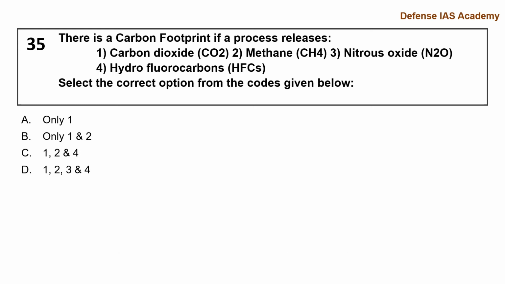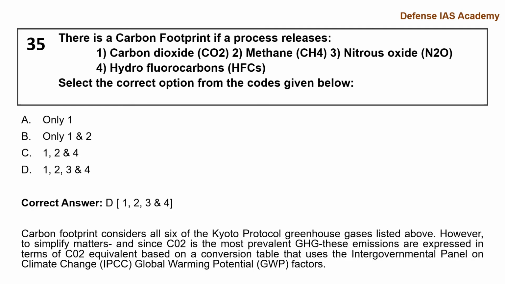Question 35. There is a carbon footprint if a process releases 1. Carbon dioxide, 2. Methane, 3. Nitrous oxide, 4. Hydrofluorocarbons. Select the correct option from the codes given below. The correct answer is option D, 1, 2, 3 and 4. Carbon footprint considers all 6 of the Kyoto Protocol greenhouse gases listed above. However, to simplify matters,